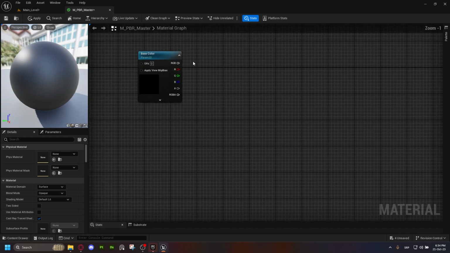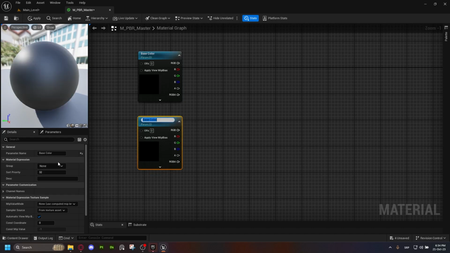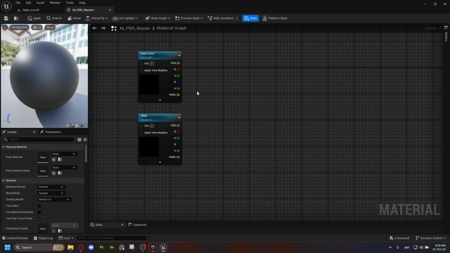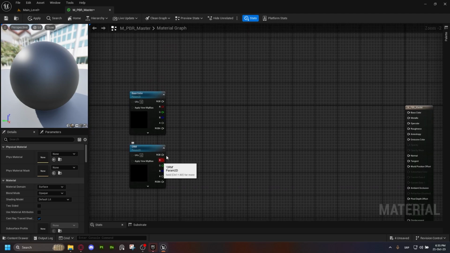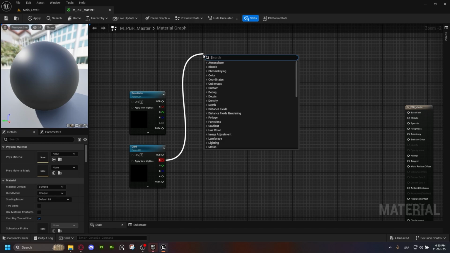So next thing, I'm going to copy and paste this. For my setup, I always use, for Unreal Engine, ORM textures, or textures that use ambient occlusion, roughness, and metallic, and they're masked in RGB channels. That's just how I work, and if you don't, you can have separate texture samples for every single map you're using. So what we're going to do here is grab our occlusion map here, and we're gonna say lerp,